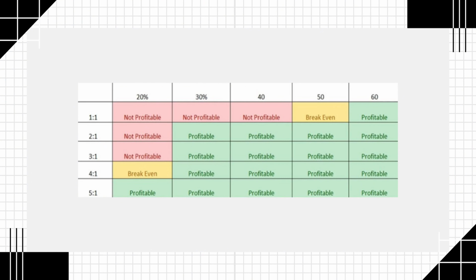In this case, if you have a 1-to-1 risk reward, you at least need a 60% win rate, which means out of 10 trades, you need to win 6 to be profitable. Otherwise, you would lose. If your risk reward is 1 to 2, you only need a 30% win rate. If you have 10 trades and you win 3 out of the 10, which means you would have made 6%, you're still up 1%. And if your average risk reward is 1 to 5, congratulations, your win rate only requires